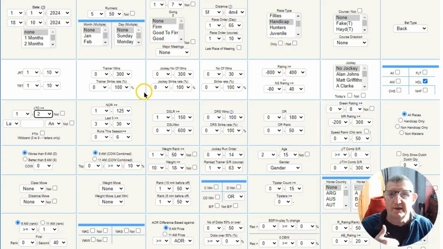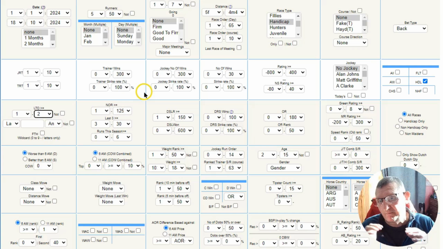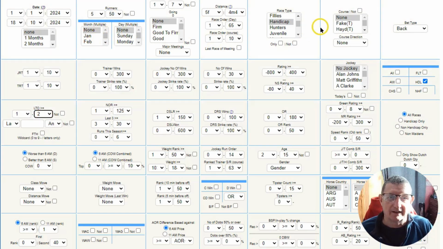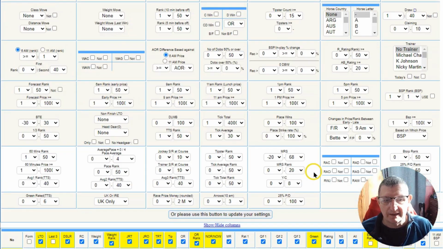Basically that means in the last race this runner came first or second. So we're kind of thinking, well, it ran pretty well the last race, or it won the last race. It's got a good chance of maybe winning this next race. Doesn't mean it will, but we're thinking that it's got a good chance of doing it. And that's basically it. So 5 to 50, first to second, handicap races only, on the hurdle, UK races and